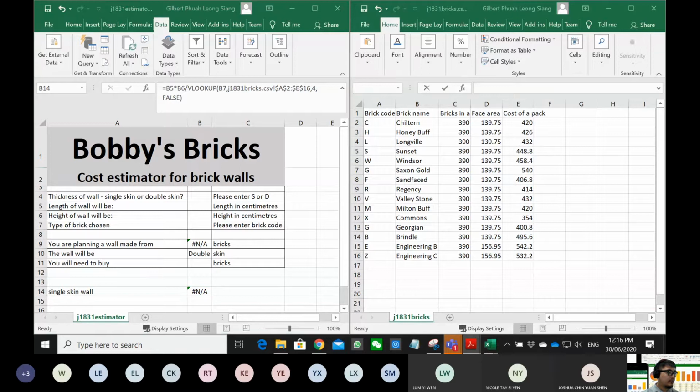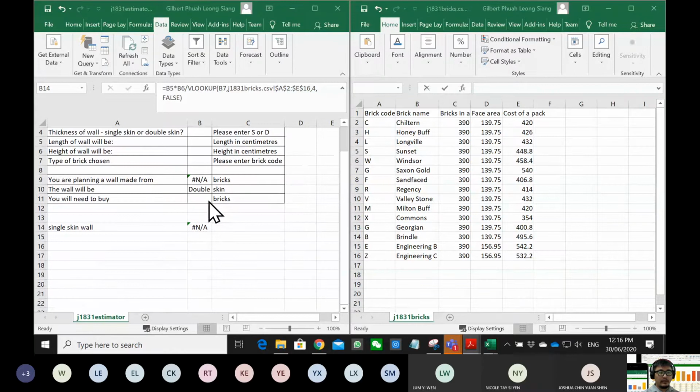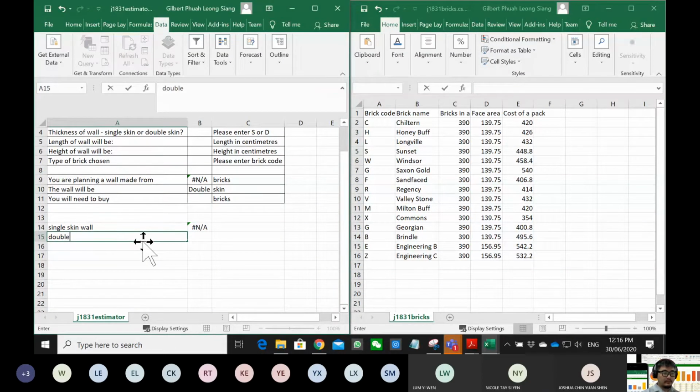Okay. Then twice as many bricks are needed for a double skin wall. Okay. Double skin wall, 2 times this one. Okay. Let's see, if I use C, I get 0. If I use H,